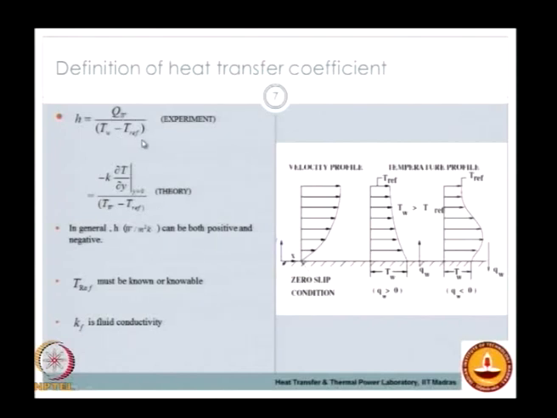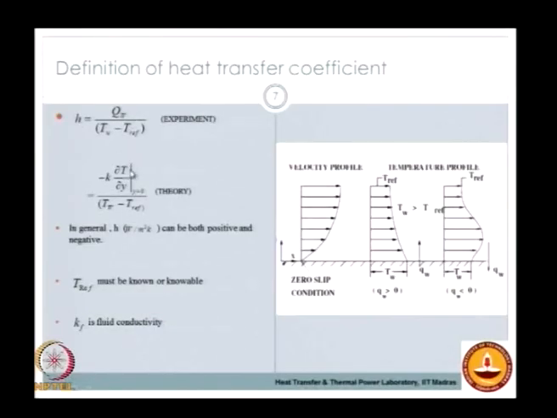In the case of external flows, we will use the free stream temperature T infinity as your reference temperature. So your heat flux at the wall is essentially minus k dT by dy at y equal to 0, divided by T wall minus T ref, which is your T infinity. So you can consider two cases